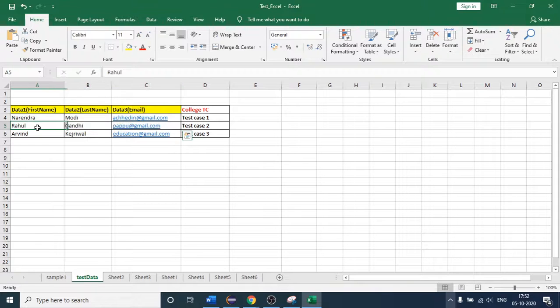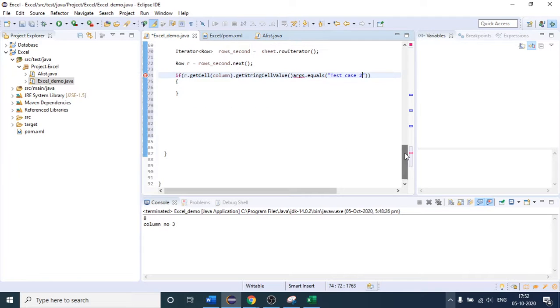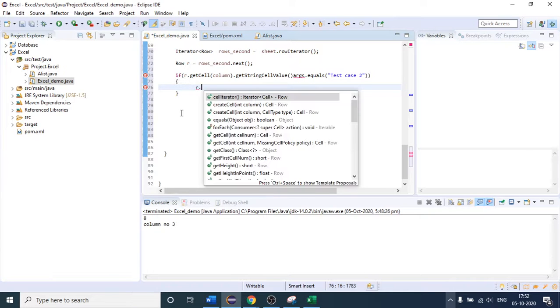So after that, if I have to get the values, I will use a cell iterator again. If I come here, after the if condition, this will point to my first row. After that, I will provide one cell iterator again.